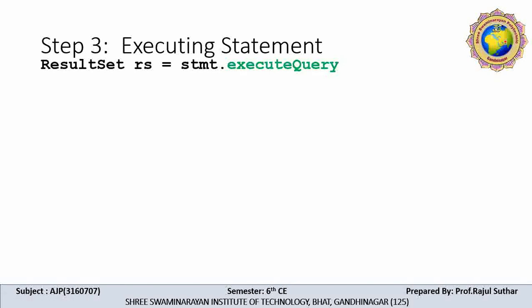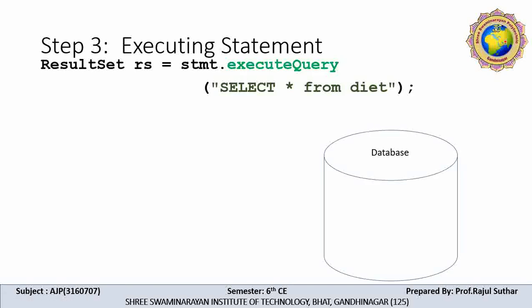The third step continues by using the result set: rs is equal to statement dot execute query, select star from diet. So here the database has information like enrollment number, name and branch. For the first field, enrollment number, if you give validation, you can cover the total length as given on your enrollment number. You can use your proper name. Here, as an example, I use ABC and the branch is computer engineering.